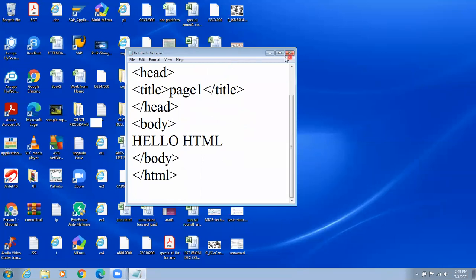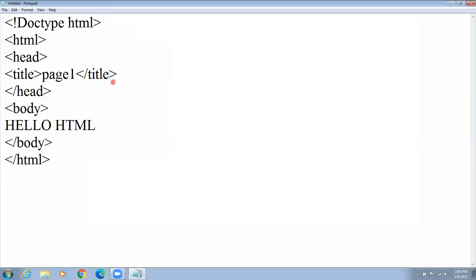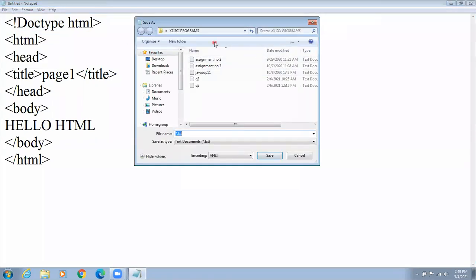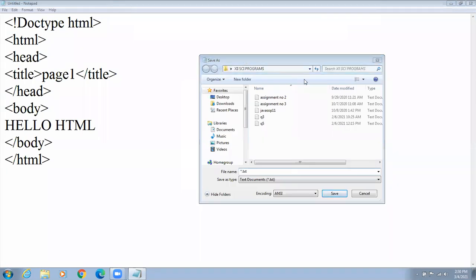Click on File, then click on Save. After that, check where you are going to store your file.